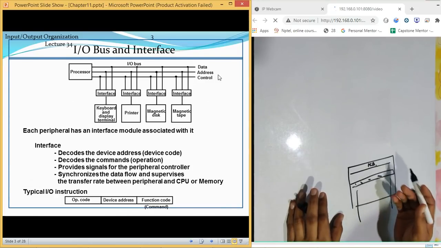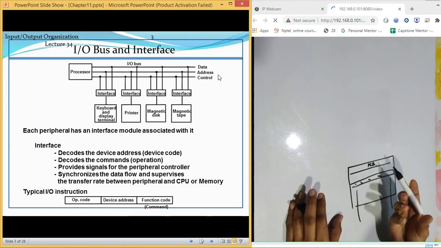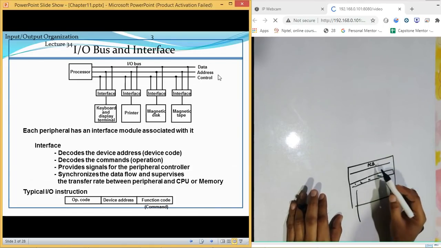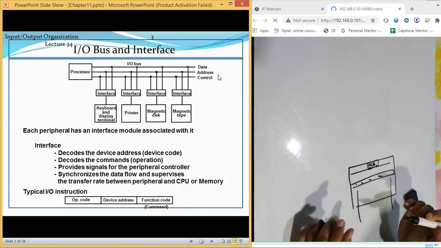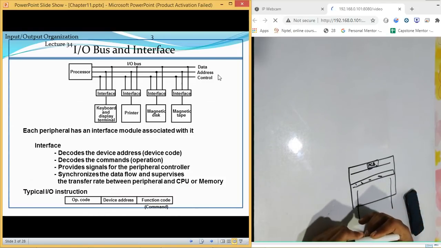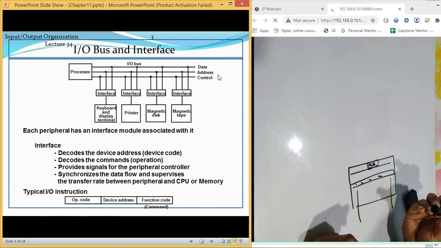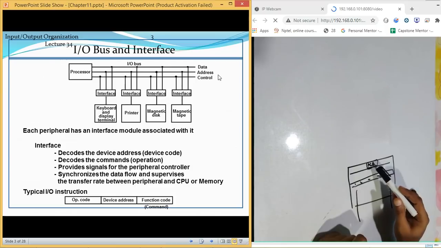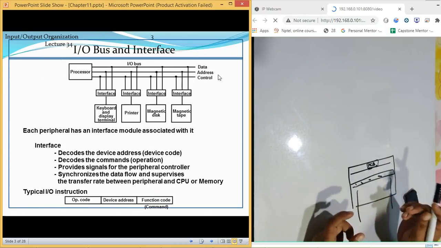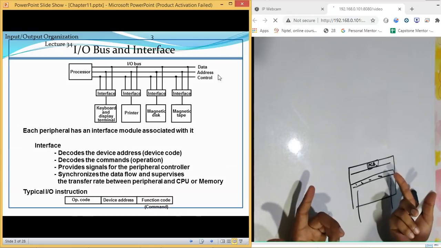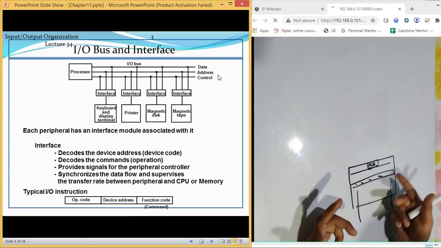So there are different components of this printer, but there will be a board known as PCB, printed circuit board. Now this printed circuit board will also be working as a controller, which will control the functionality of the printing. So the printer functionality will be controlled with the help of that PCB, printed circuit board. This is also known as a peripheral controller for any device. Generally, it is on a printed circuit board, which helps you to control all this.